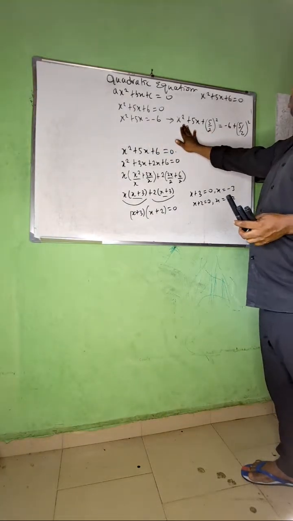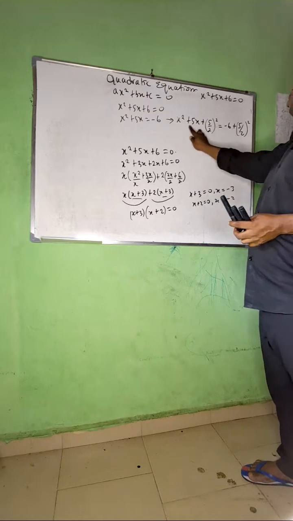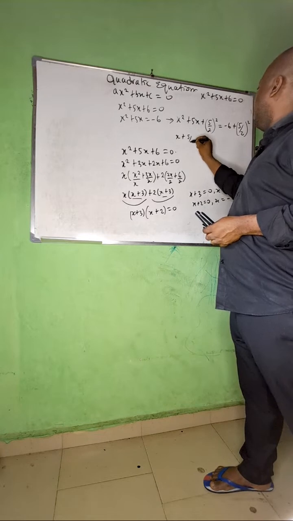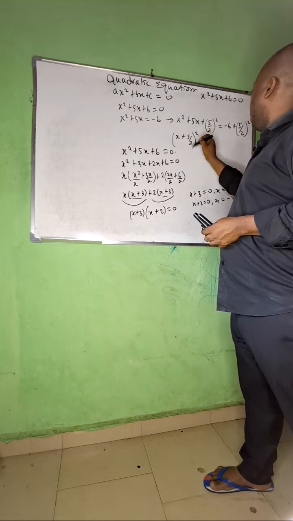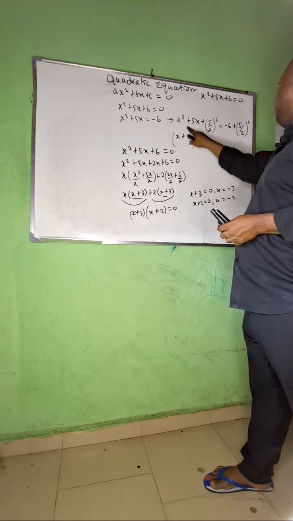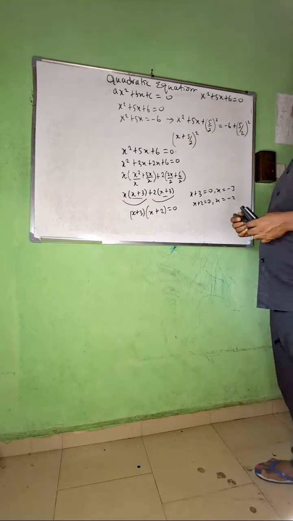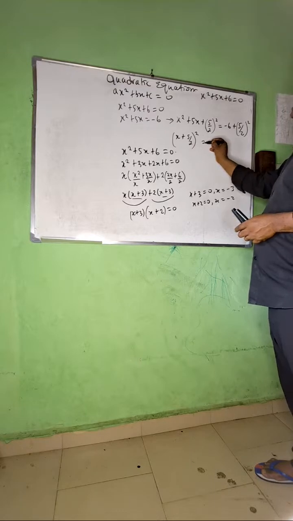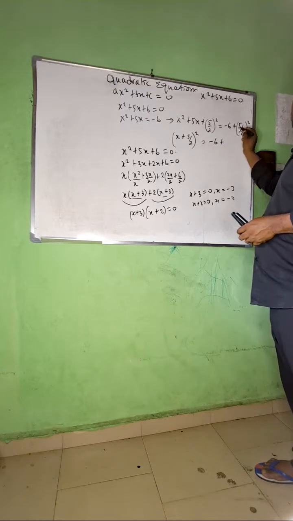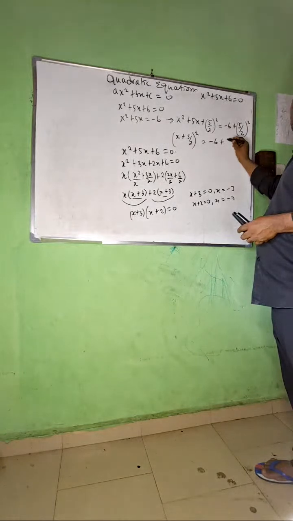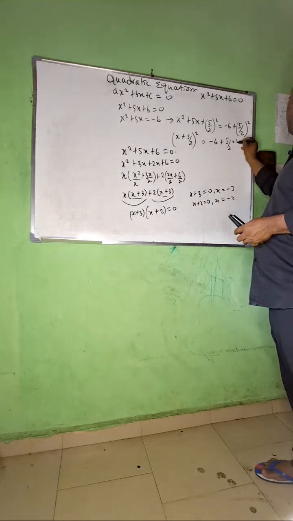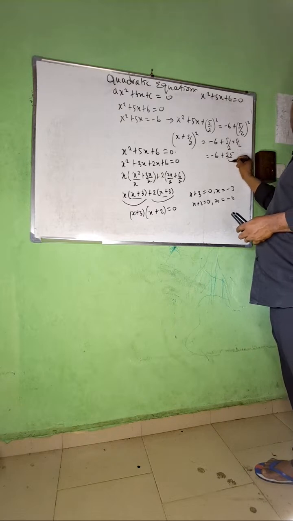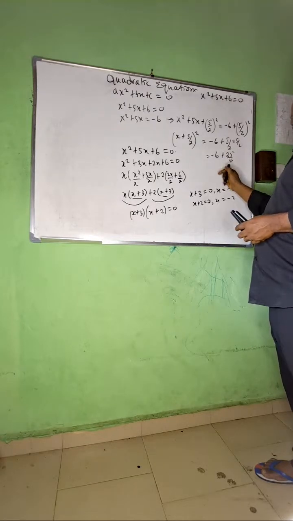Now, this can be factorized. So this is exactly x plus 5 over 2 squared. That's what this is. Okay? So that is equal to minus 6, plus 25, which is 5 over 2 times 5 over 2. That gives negative 6 plus 25 over 4. Okay, that will give us